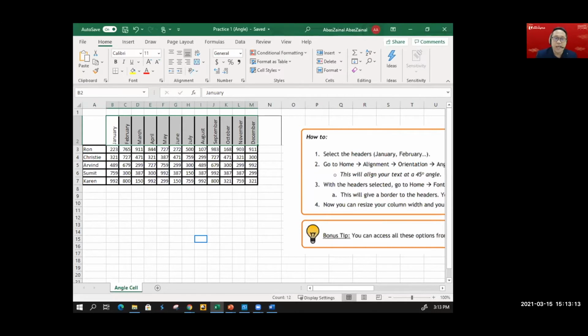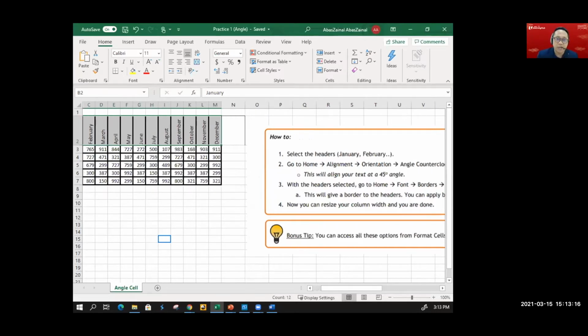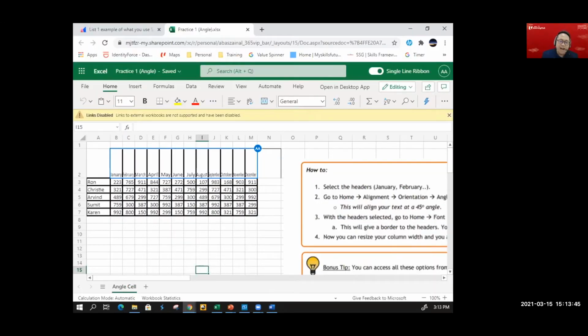The link is not in editing mode. Okay, just give me a minute. Let me just reshare the link with all of you. I think I know why it's not in editing mode. Okay, hang on a second. Here we go. Check it out. What you need to do is that you need to download the link onto your desktop, right? Then only then you will be able to edit it.